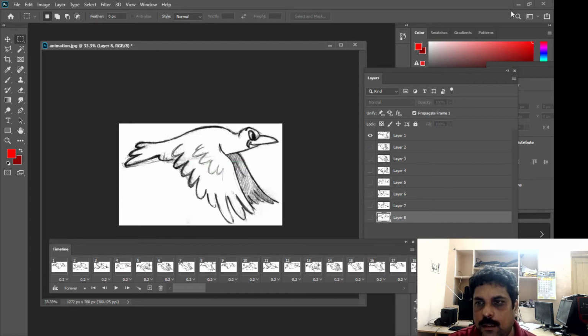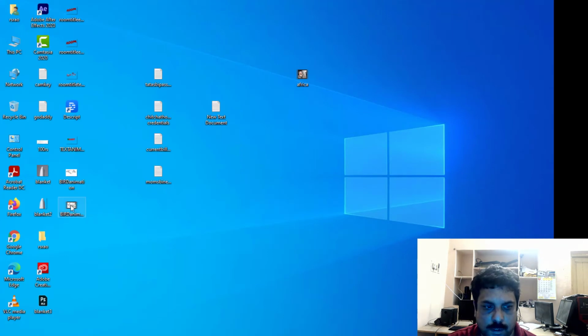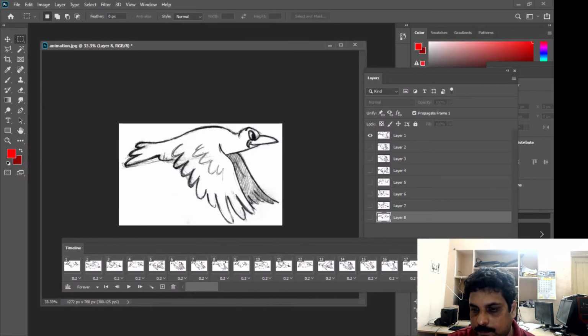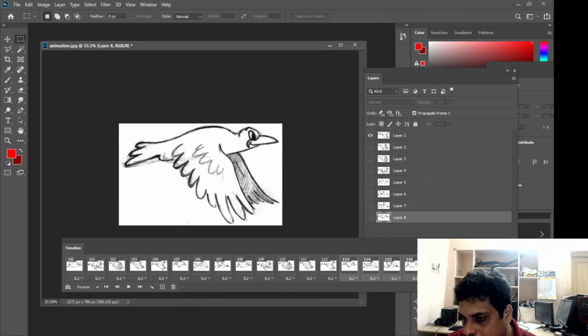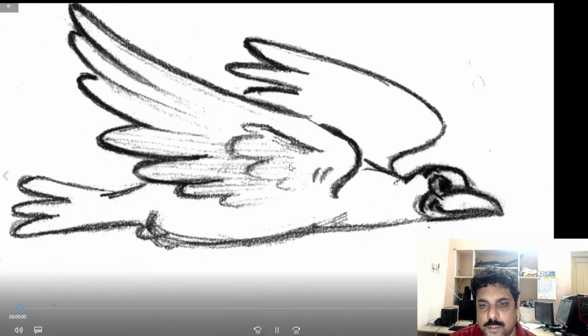So now we have a video. See, this is a video. The only difference between the GIF and the video is, see, the video will output the exact number of frames. See, we have actually created 120 frames. So the video will show only the 120 frames of whatever you have exported. But the GIF will loop the animation continuously. That is the difference. So just check the video.